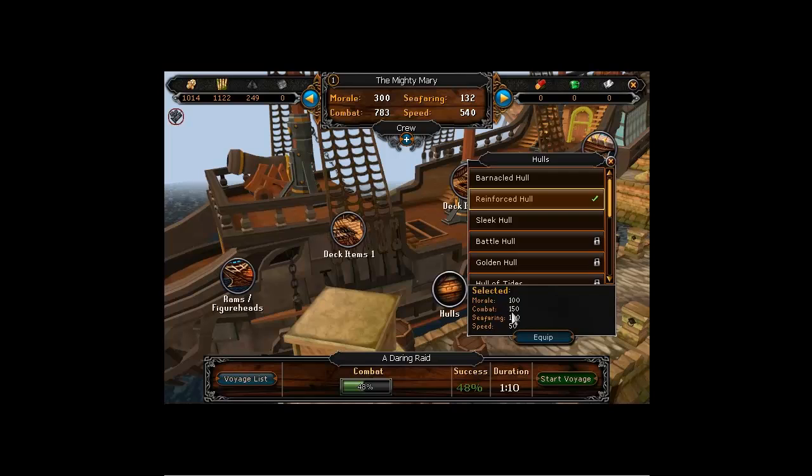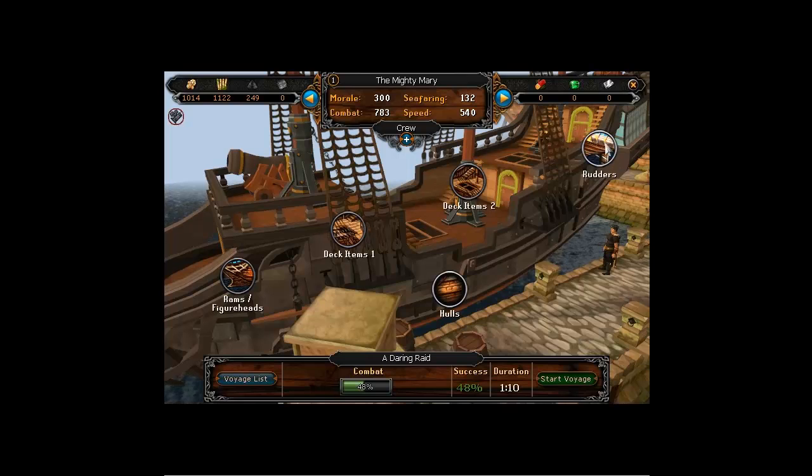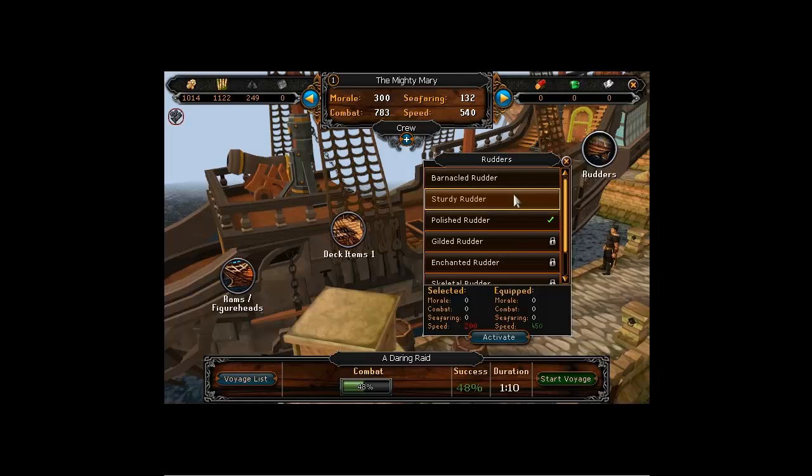As you can see, this one's got 150 combat. That one is the best one that I can do right now, so all I've got to do is leave it. And then the rudder's up here. I'm going to try and find one which has combat on. If it doesn't have one on combat, then all you've got to do is choose the best one. So obviously this one that I've selected has the highest speed, so you really want to have the one with the highest speed,